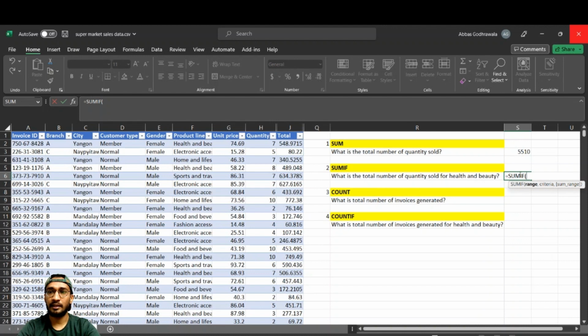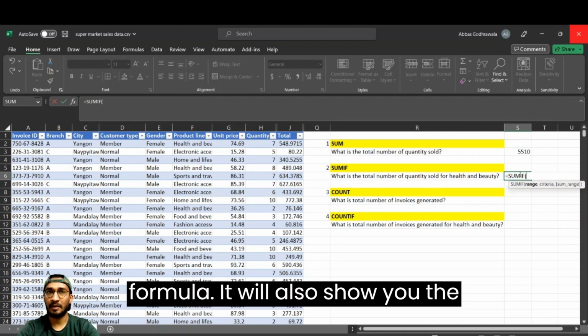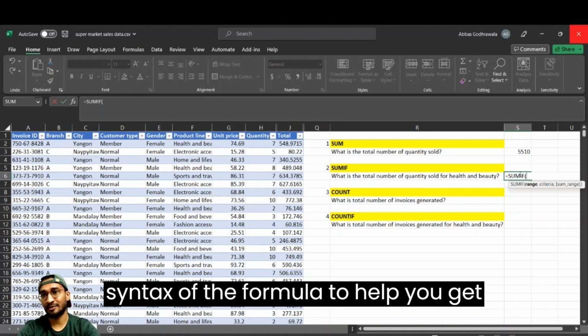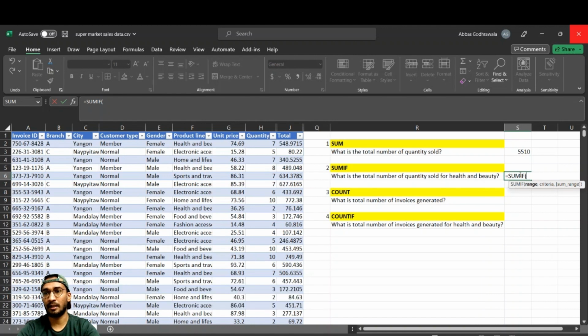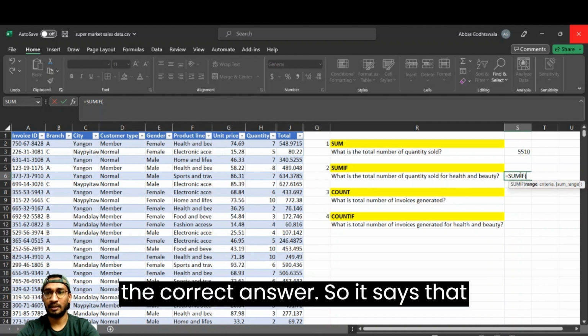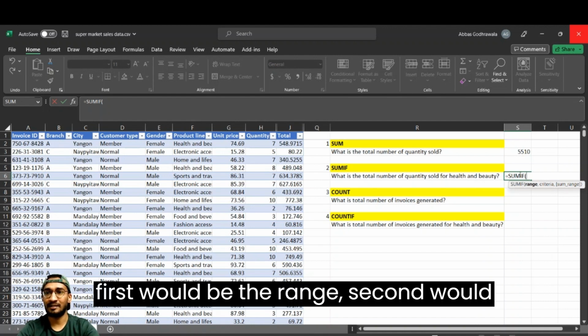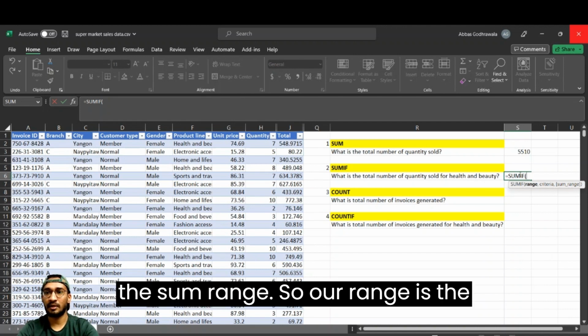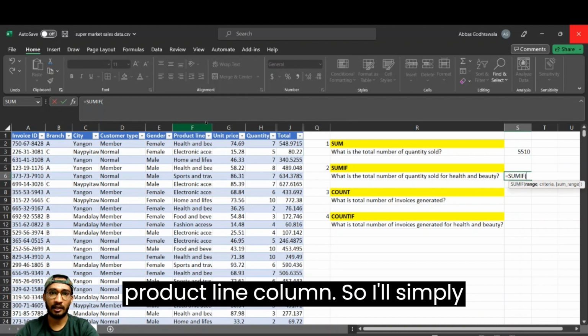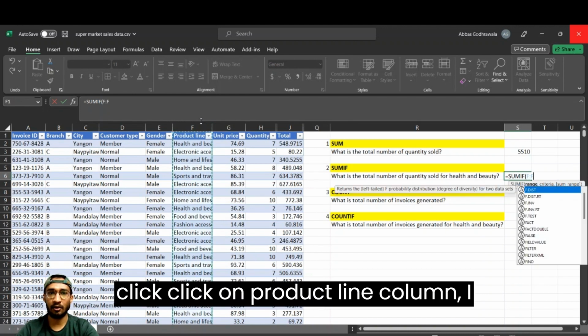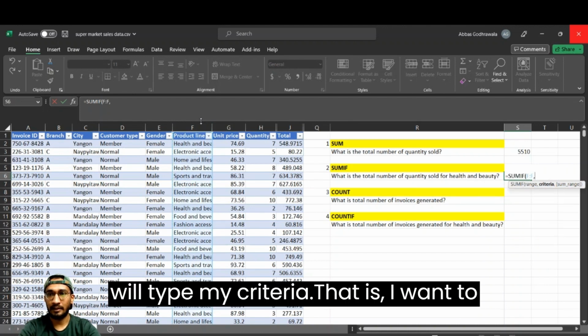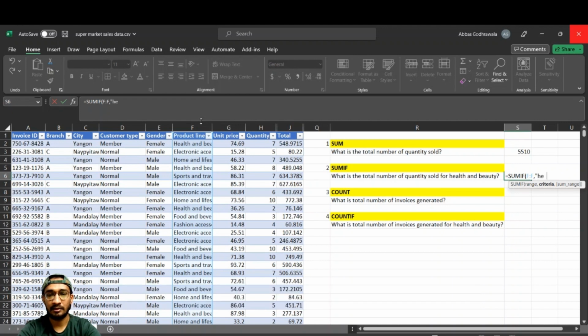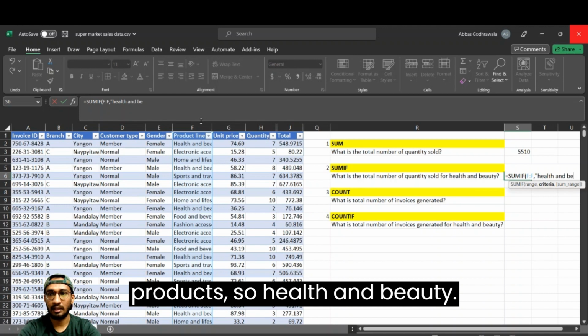I will select SUMIF from the drop down. The good thing here is when you're typing the formula, it will also show you the syntax of the formula to help you get the correct answer. So it says that first would be the range, second would be our criteria, and the third would be the sum range. So our range is the product line column. So I will simply click on product line column. I will type my criteria, that is I want to know sales for health and beauty products. So health and beauty,